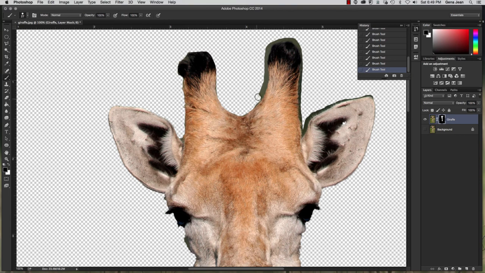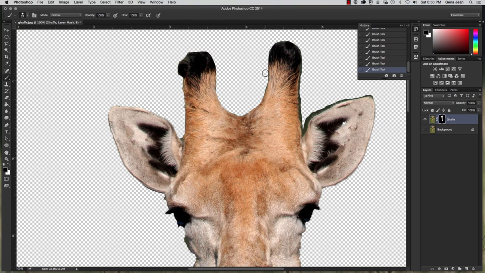Once again, you are going to need to go around the entire giraffe, other than the area where we removed the bushes and the greenery at the bottom. And you're going to have to clean up the selection made by the focal selection panel. Keep going. If you need to zoom in even more, and you can see I've got some areas here that I'm still having to address, then zoom in to whatever magnification you need to